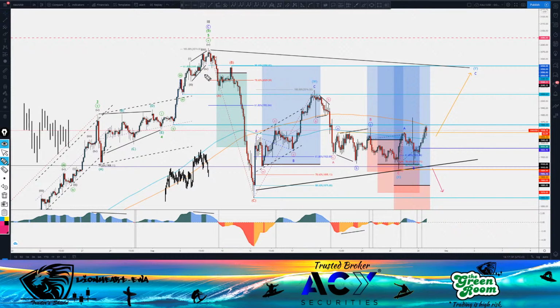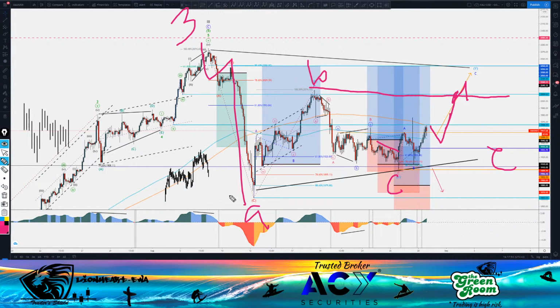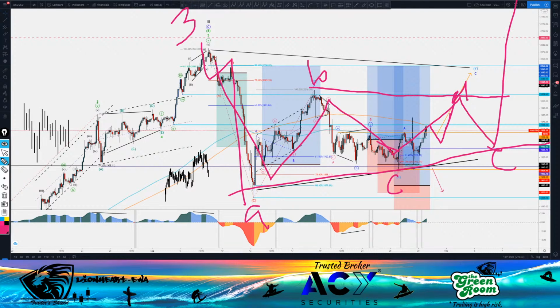Free swings sequence, right? ABC, right? This is free, ABC. So if it's a triangle, A, B, in a triangle in the fourth wave, right? A, B, C, right? You can actually see the moves right here. A, B, C, right? Ending diagonal right here in the C, right? Pretty cool, right? And ABC, and we're doing D, E, right? We could go here, I mean, to do a barrier triangle right there, A, B, C, D, E, and then